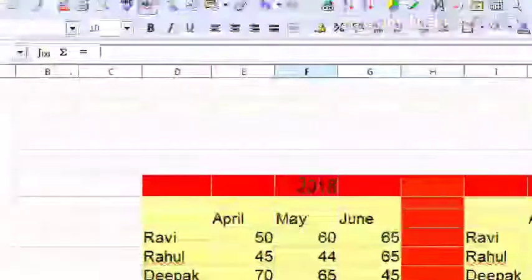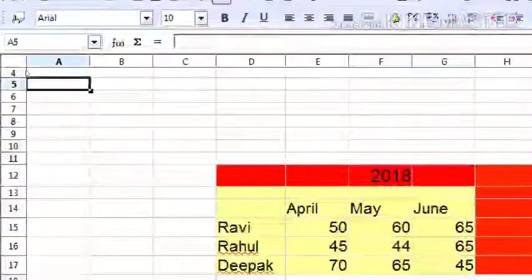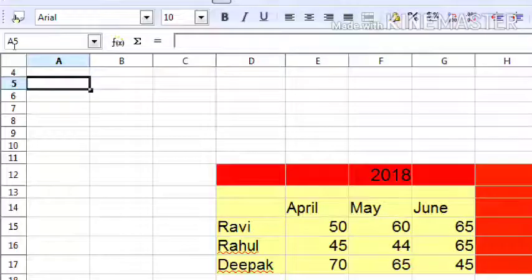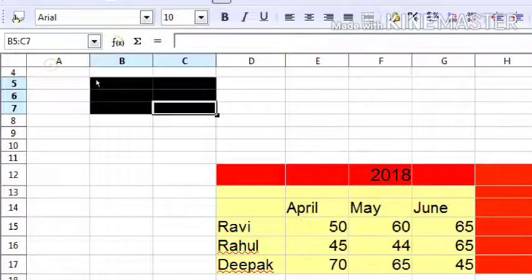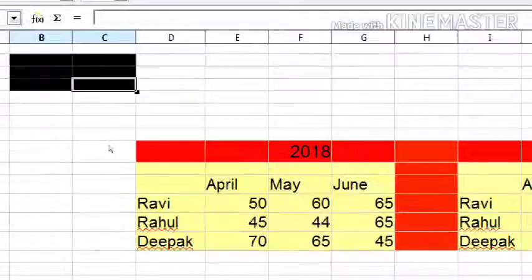When we are clicking this box, the name in the name box is A5. Okay, and we are selecting this. So here you will see this is the range, B5 to C7. Okay, B5 to C7.